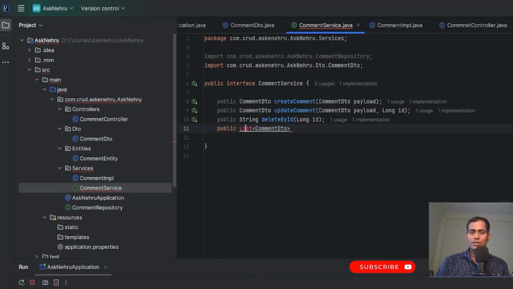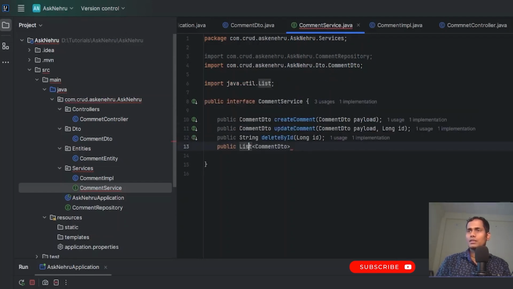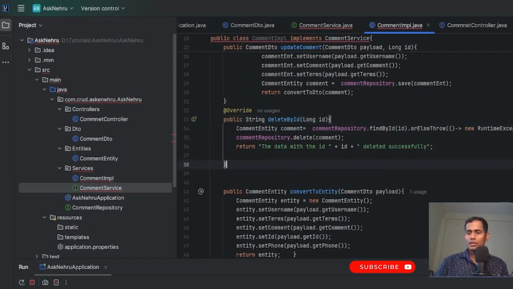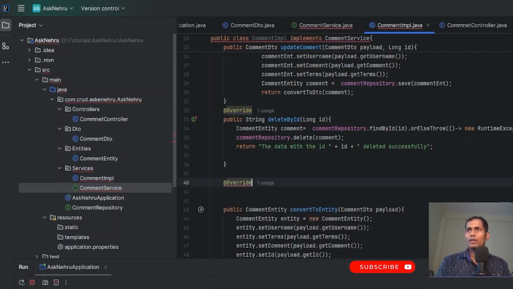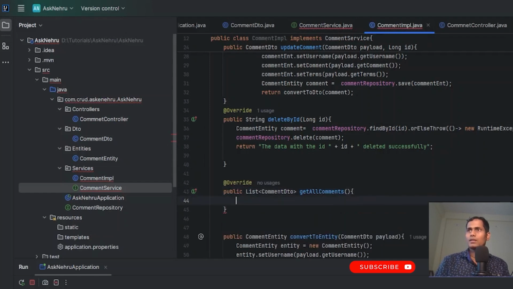Now the list, we should import the list. Alt enter so that it is imported. And here I would say list get all data or get all comments. Here we are not going to pass anything in the function. Therefore we will keep it. Okay, and the implementation we will give in our implementation class. Okay, so I copy this